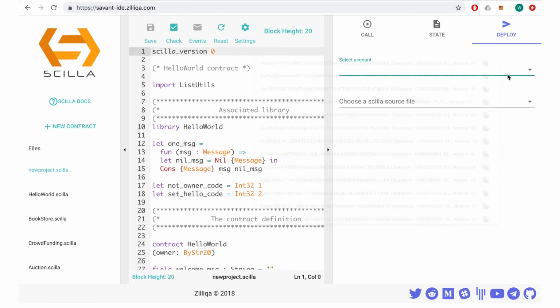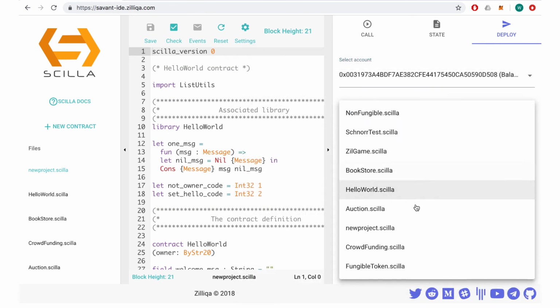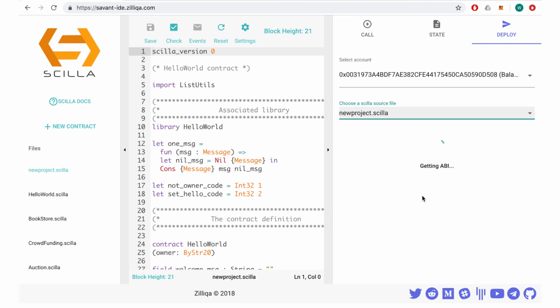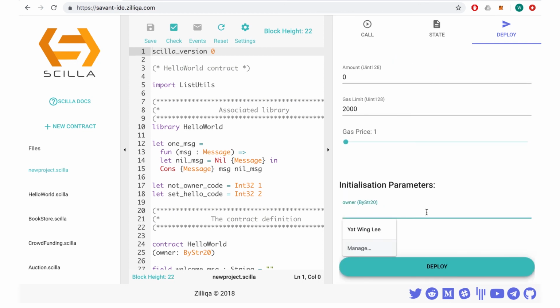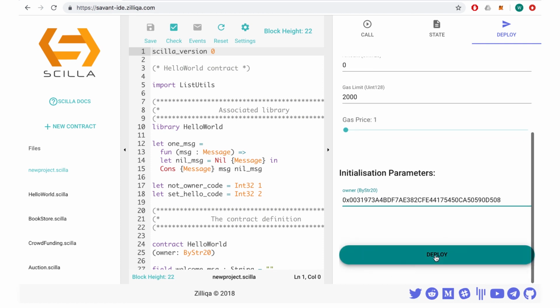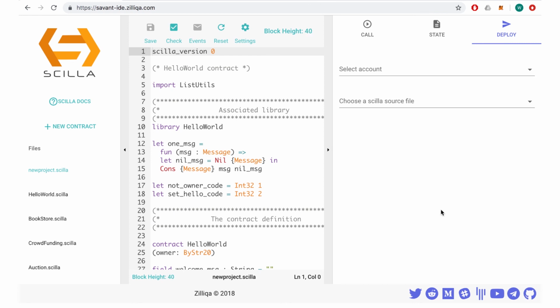You can choose an arbitrary account. And at the Deploy tab, you may key in the initial parameter of the contract. After which you can deploy the contract. You can then choose an arbitrary account again.